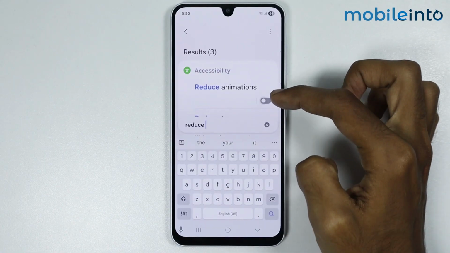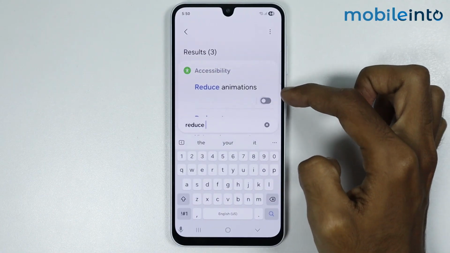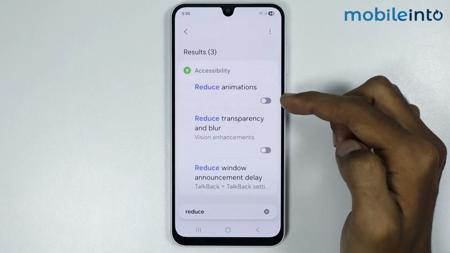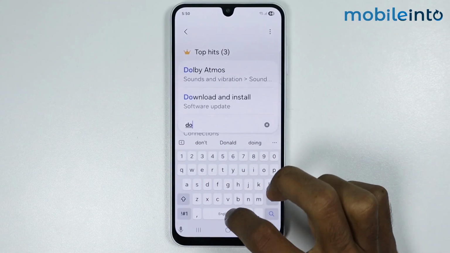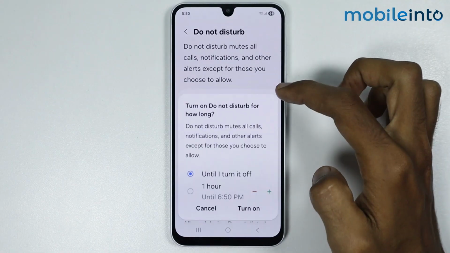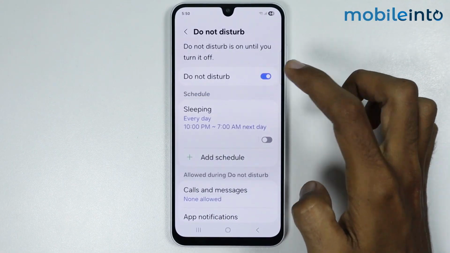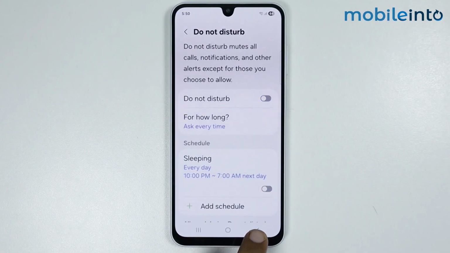Now just make sure to disable reduce animations. Now once you disable reduce animations, just search do not disturb. And make sure you disable do not disturb. After that, just go back